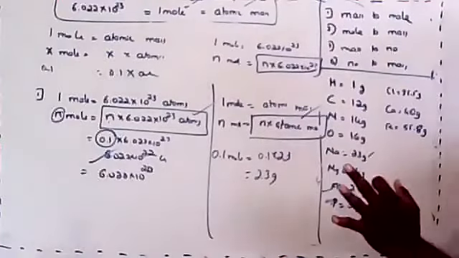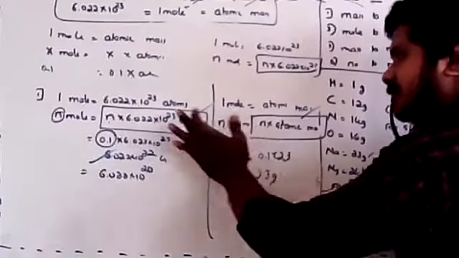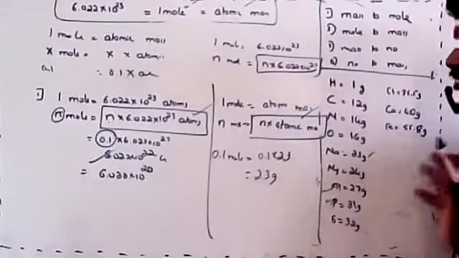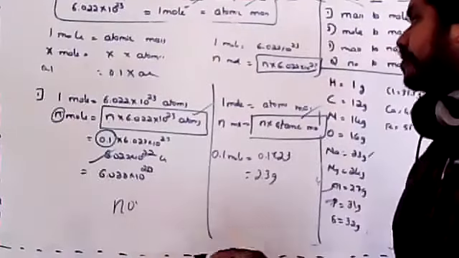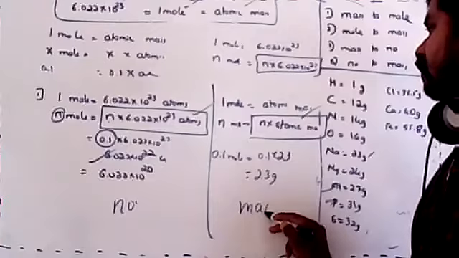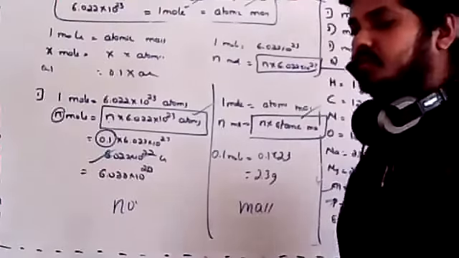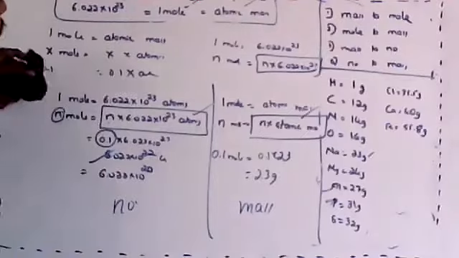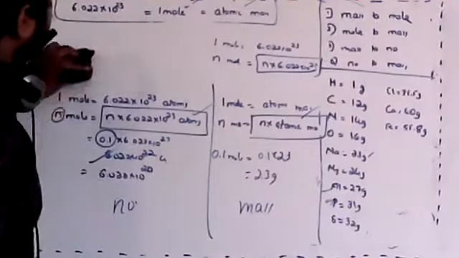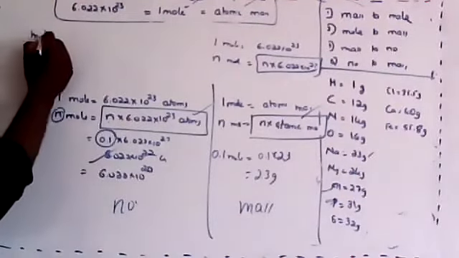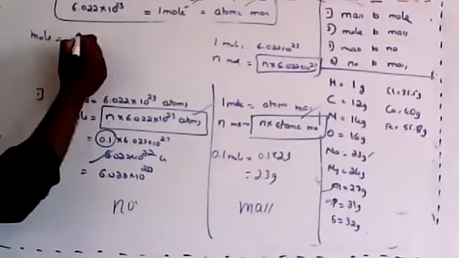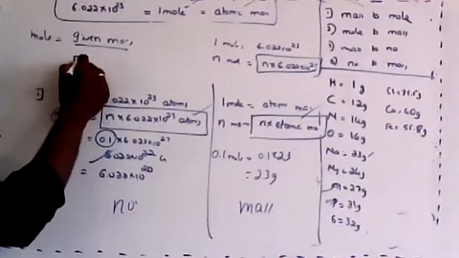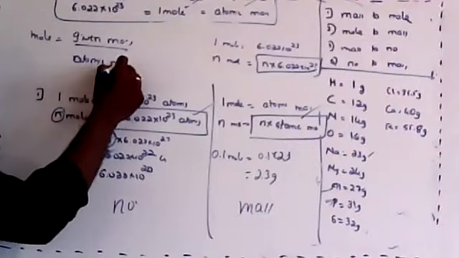Yes, Prithvi, yes, Shilpa. Are you understanding now? So this is the formula that we can use for the calculation of the number. This is the formula that is used for the mass calculation. And just before this, I told one more formula for the calculation of mole. For the calculation of mole, it is given mass divided by atomic mass. This is the formula that we have again used.